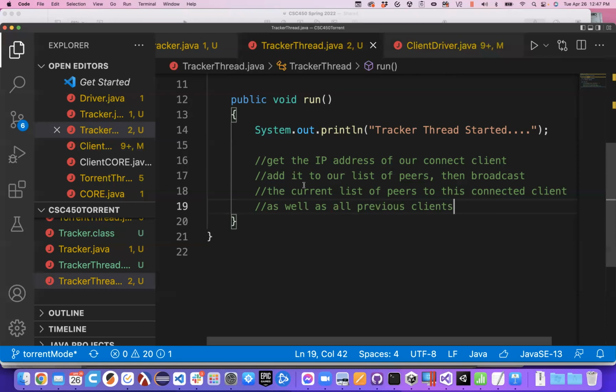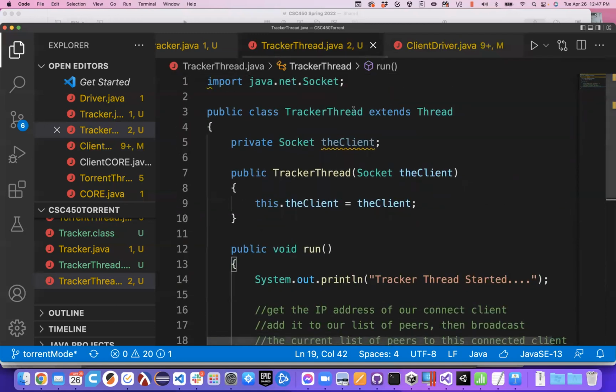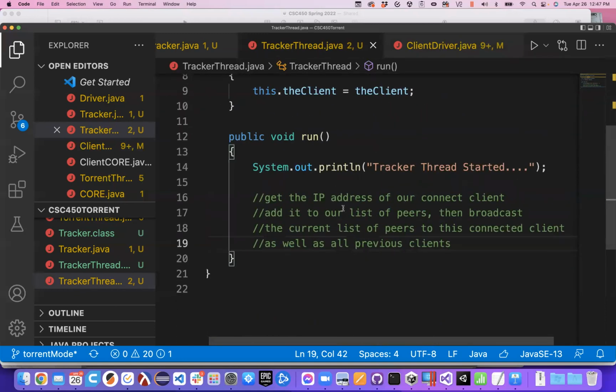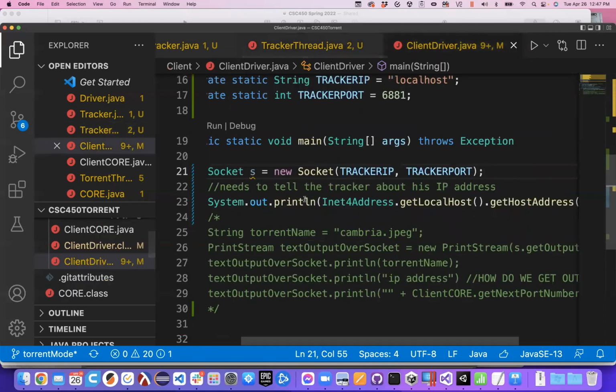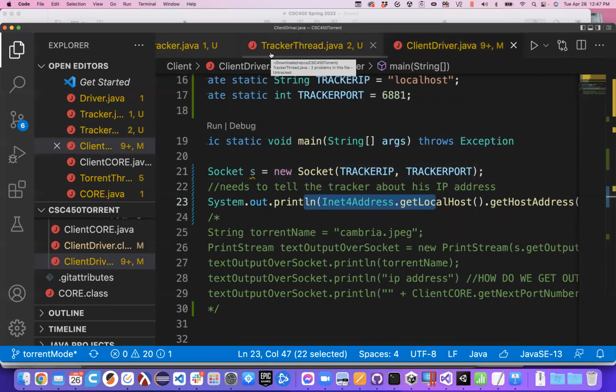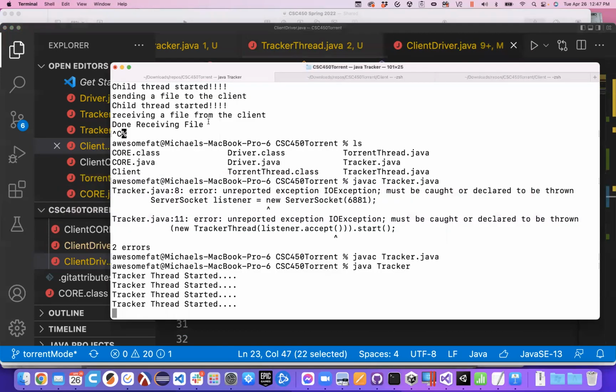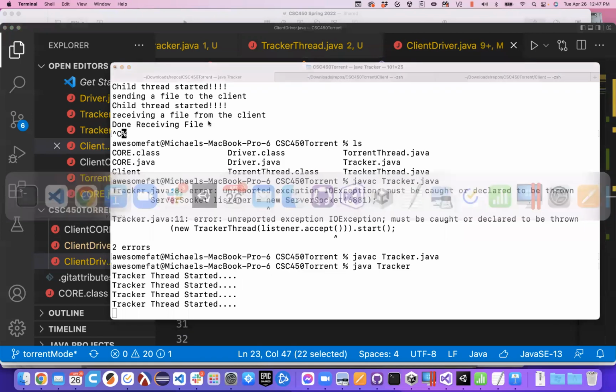All right, so the tracker thread is going to receive that information from our client that we just proved that our client can get. Here's the client's information. And then he's going to broadcast that information to the current client that just connected, as well as all previous clients. So by our picture back here,